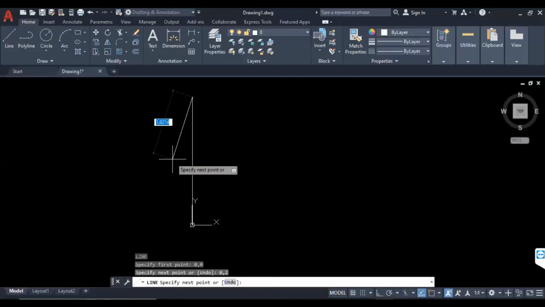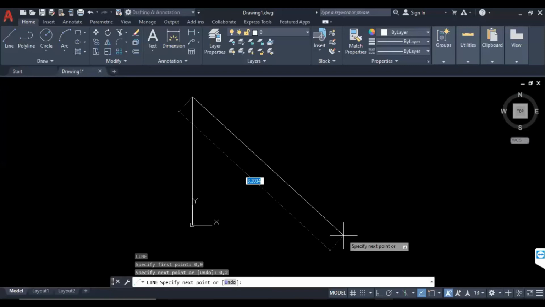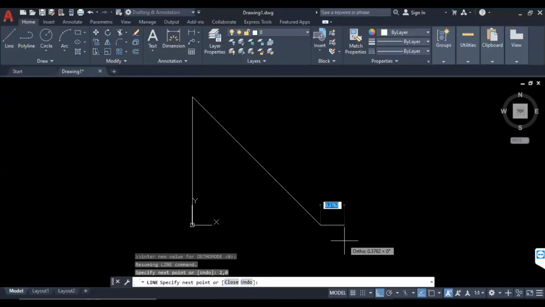That means you don't know how much x and how much y you want to move, because you don't know where you started. In that case, simply type @ how much you want to move x, how much you want to move y. With the help of that existing coordinate point as 0, 0, we define @ x 2 units, y 0 units, enter.